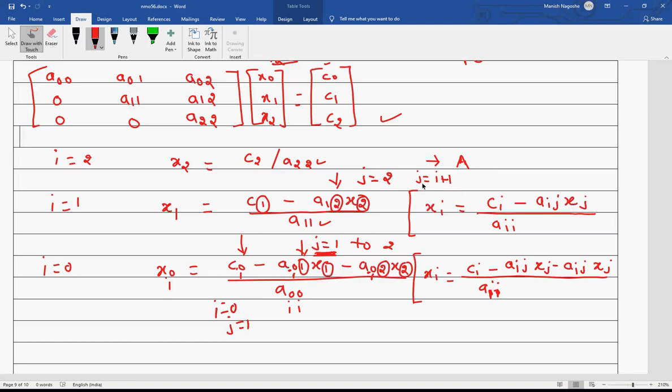That is how I say j is equal to i plus 1. If you got the concept of j equal to i plus 1, please quickly type j equal to i plus 1. You can type this in if you understood this.